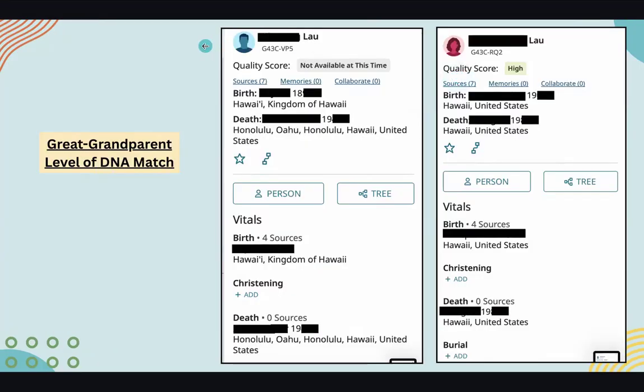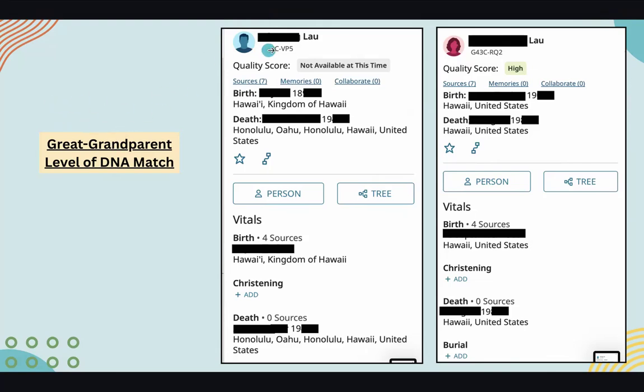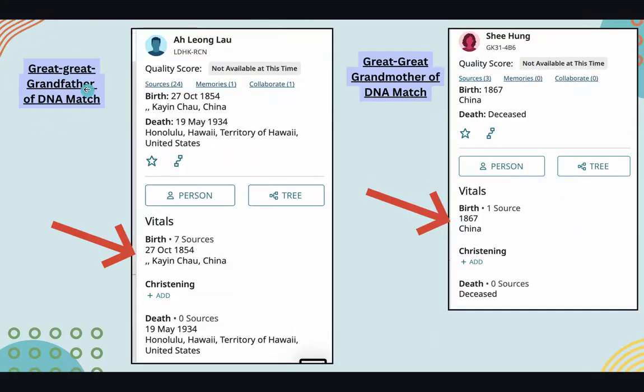So clicking around on the family tree, though, before getting into the rest of that, I wanted to see where the family tree could possibly overlap, because obviously if the adoptee is in China, their lines probably didn't cross when they were in Hawaii. So looking at this, I looked at the great-grandparent level and I saw their birthplaces were still in Hawaii. This doesn't mean they never went back to China and had a partner or whatever, but it just makes it less likely. So then I clicked around the great-great-grandparent level and I saw, oh, look, they were born